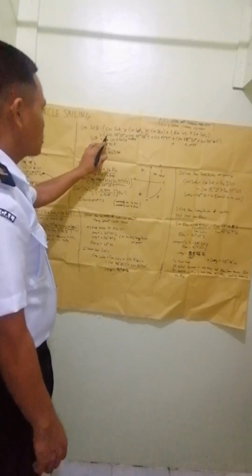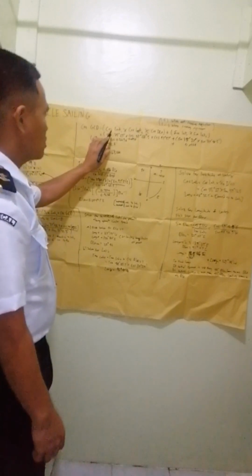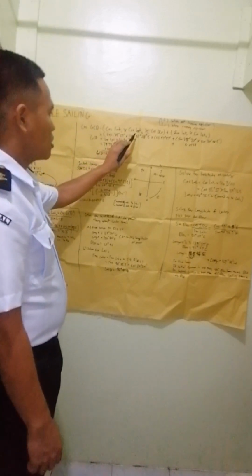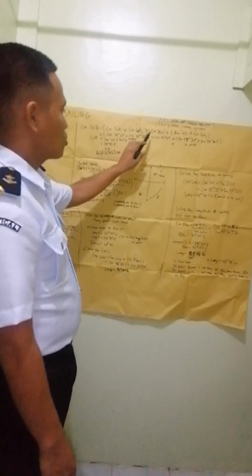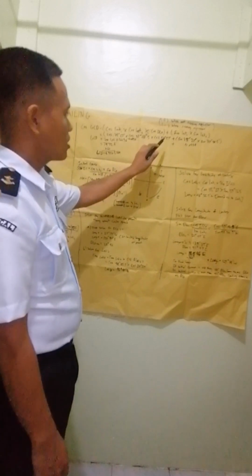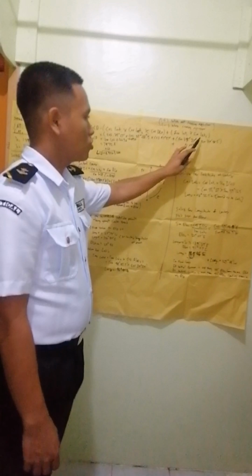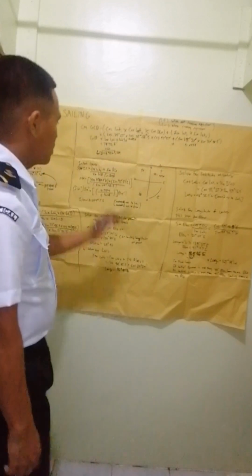The formula is cosine initial times cosine latitude 2 times cosine DLO plus sine latitude times sine latitude 2. And the latitude is